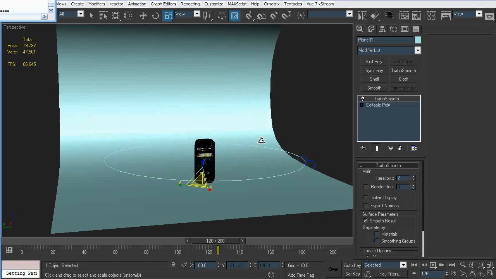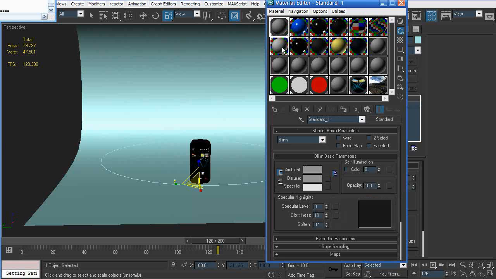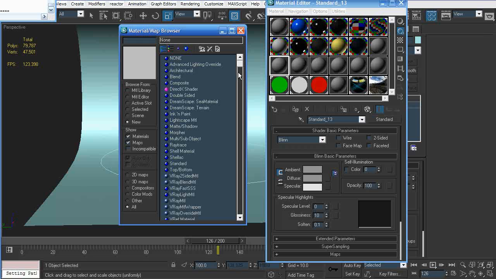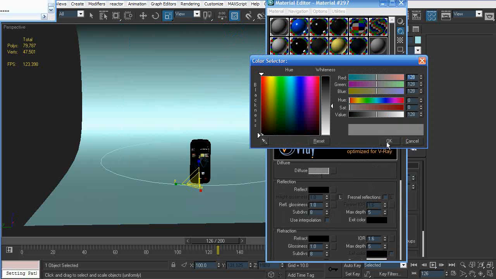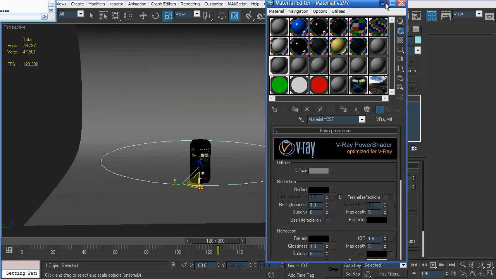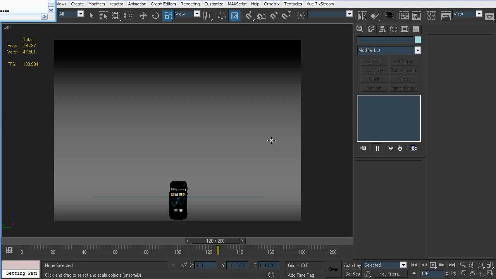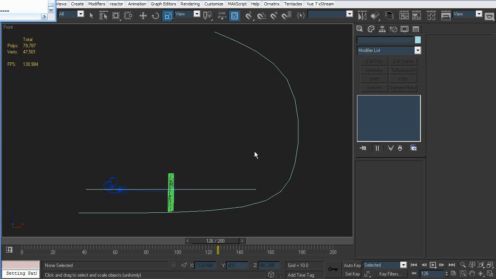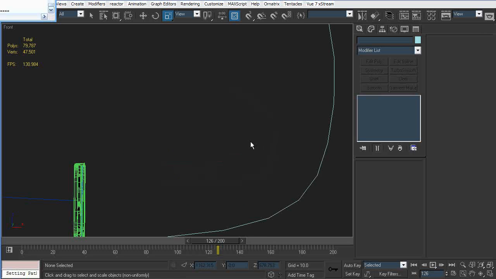Alright, this is going to be our background. Go to your material editor and just select an empty slot and make a V-Ray material, diffuse, okay, put it here like so. Then go to the left view or the front viewport. Actually, hide that circle because we won't be using it,